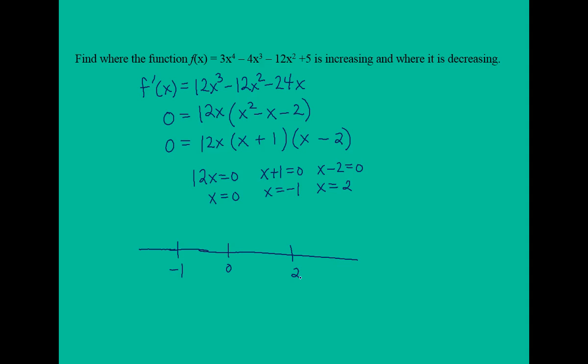The first interval would be from negative infinity to negative 1. The second interval is negative 1 to 0. Third interval, 0 to 2. And we've created a fourth interval, 2 to infinity. Now, on these intervals,